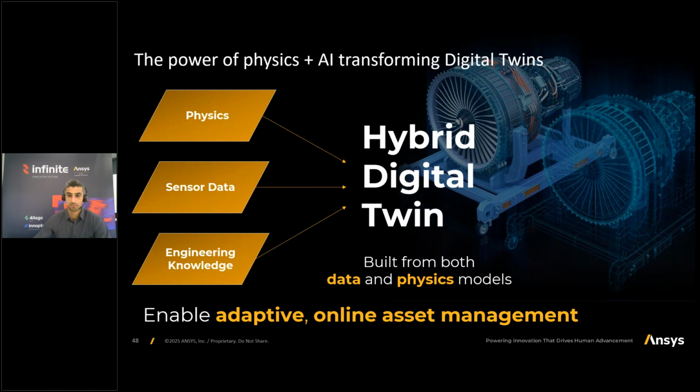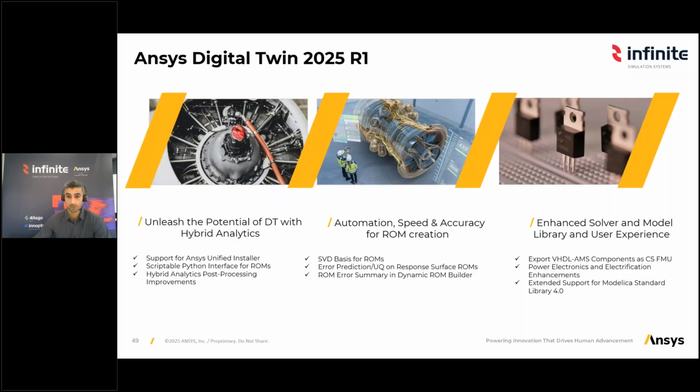So some nice improvements in the overall digital twin offering, which combines both of them, which allows, for instance, for asset management, predictive maintenance, these kinds of applications. So just to highlight one,